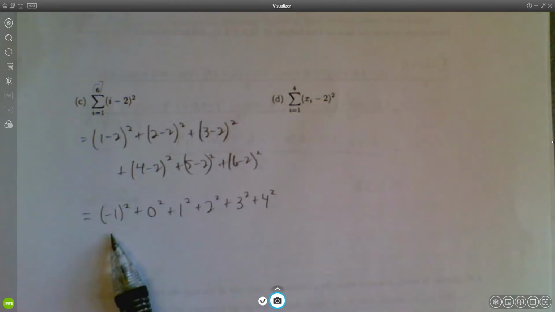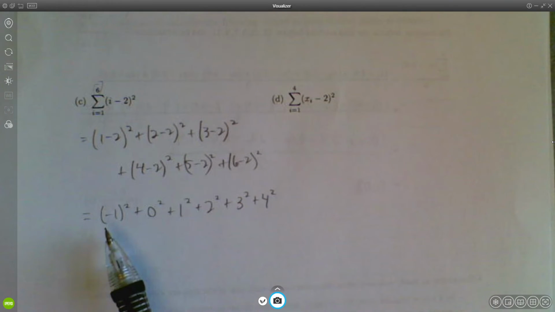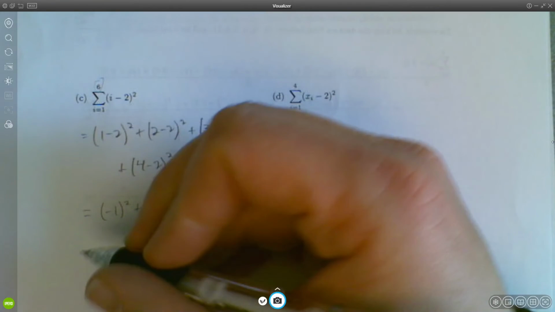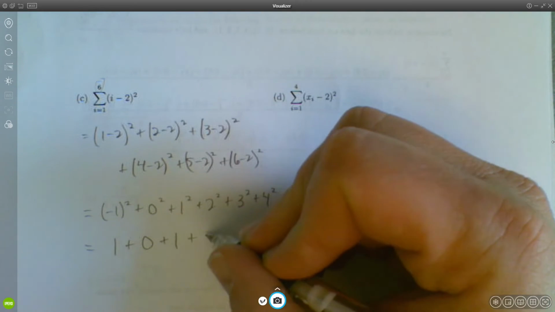Okay, now here be very careful. If you type this into your calculator exactly the way it looks, it's going to give you a positive 1, which it should. Because negative 1 squared means negative 1 times negative 1, and a negative times a negative makes a positive. So this should be 1 plus 0 plus 1 plus 4